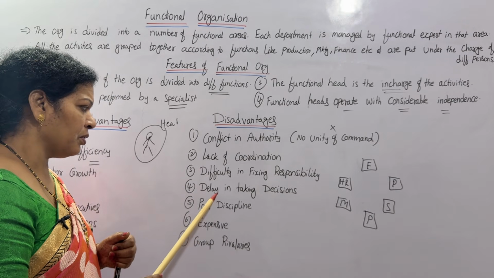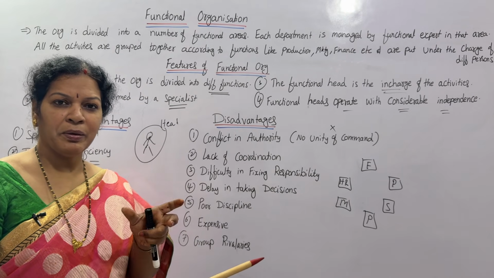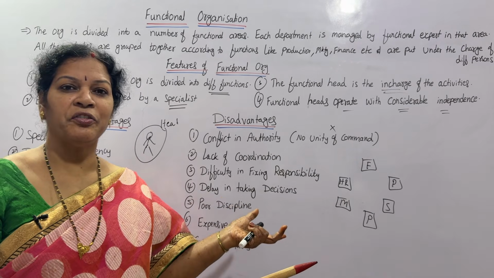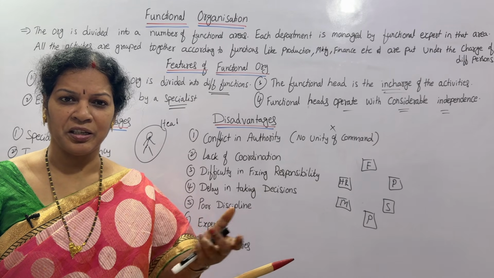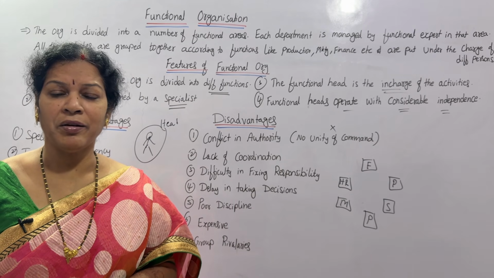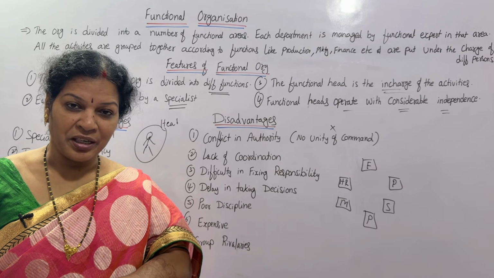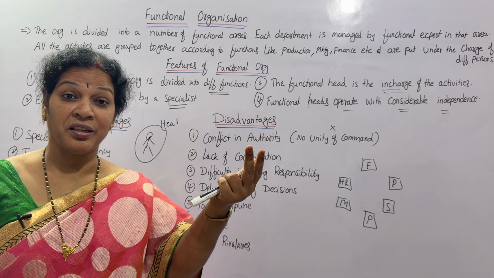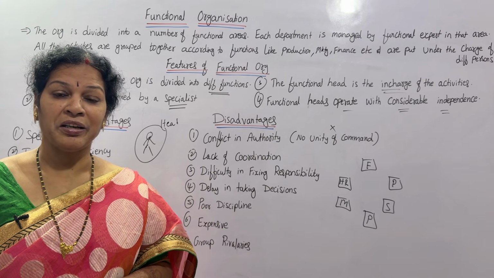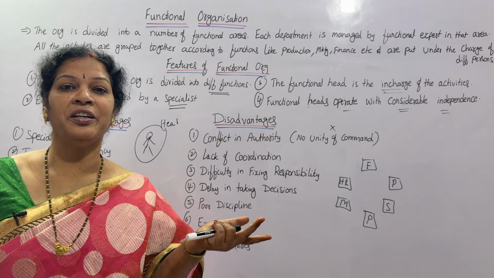And also delay in taking decisions. Why are decisions delayed? Because work is divided in different ways. All have to be alert and they have to be expert in taking decisions. Some people may not be. Some people depend on subordinates to get information from them, and the boss has to consult the next CEOs or managing directors. If this is going on, then there will be delay in taking decisions.